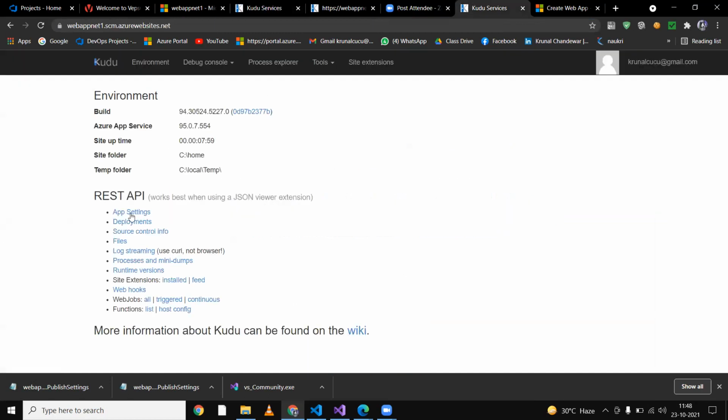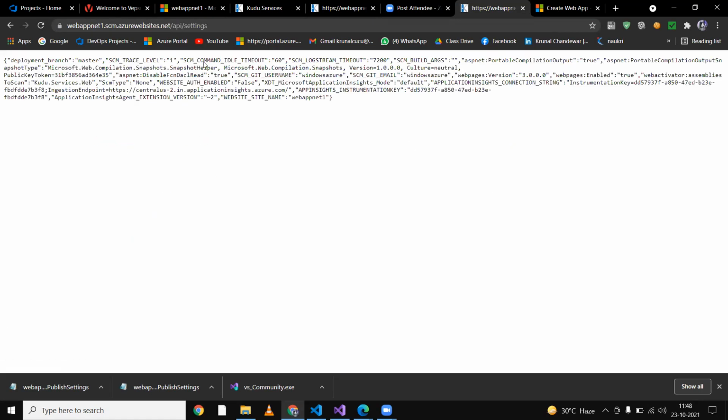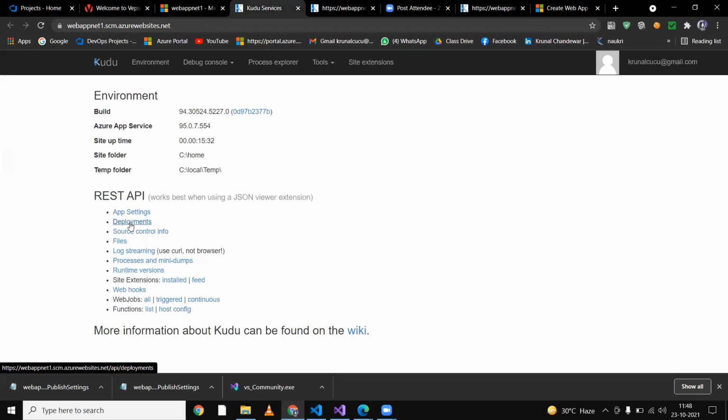Okay, so as we saw, we saw the runtime version. Even if you want to get more details, if you click on app settings, you will get all the settings of your app. What is the version and what is this one? These all settings are listed here. Okay, app settings and deployment. If you select this one,